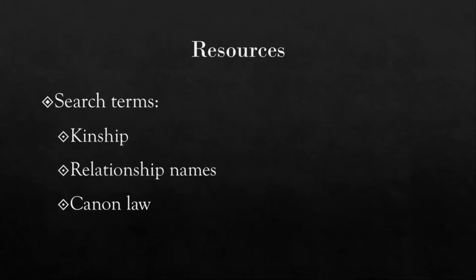If you live in the area, you can come pick up a physical book. If you don't live in the area, you can see if we have any. You can get an electronic library card with a 6-month term, and see if we have anything in that you could download to read. But when it comes to searching, kinship is one term that can be really useful, and just saying relationship names is another search term that can be really useful.